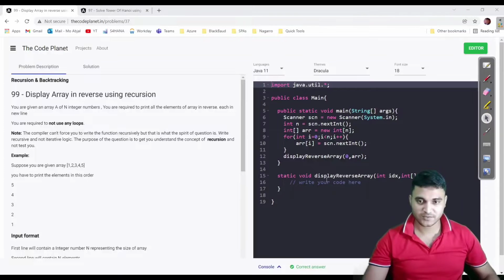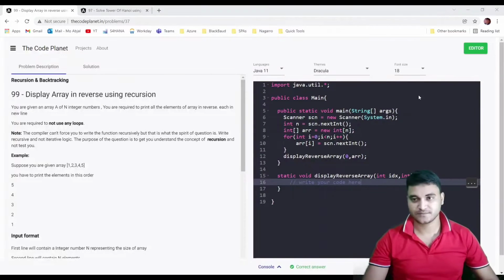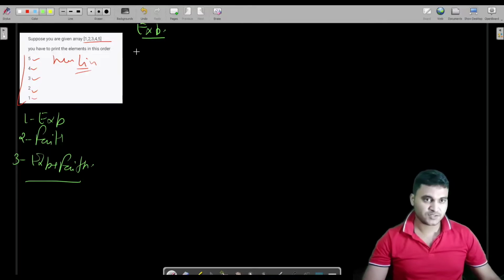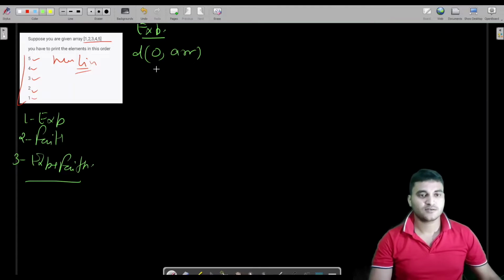The function is display reverse array; you would be provided an index and an array. The expectation from this function with 0 and arr, let us say arr is 1 2 3 4 5, is to print 5 4 3 2 1.